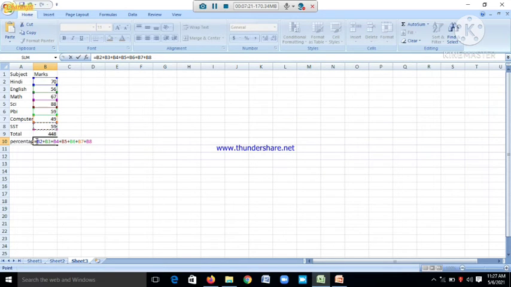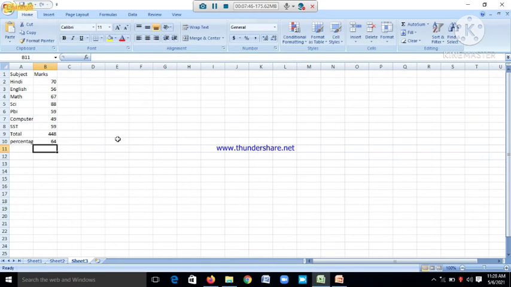yes, we have to put the braces around this because after addition it is divided by the total number of subjects, which is 7, so divided by 700 and multiplied by 100, so it calculates your percentage, that is 64.